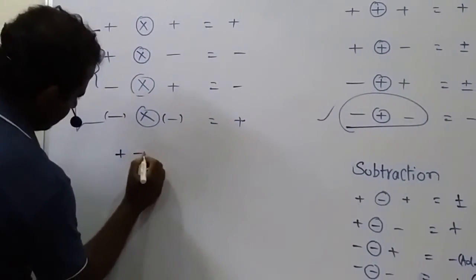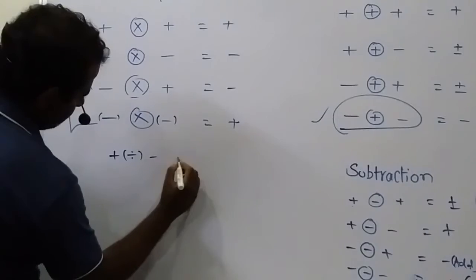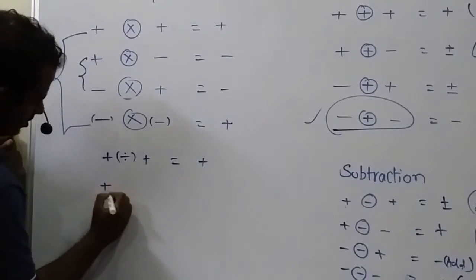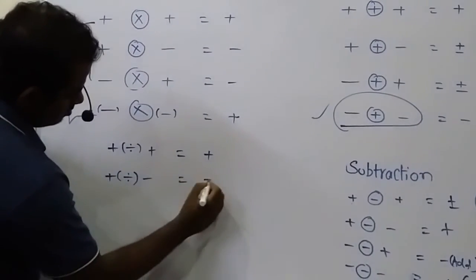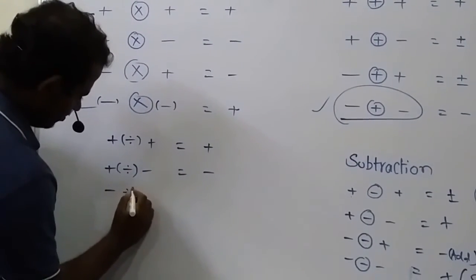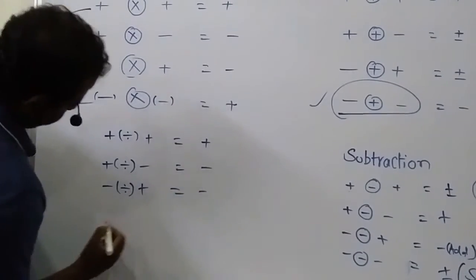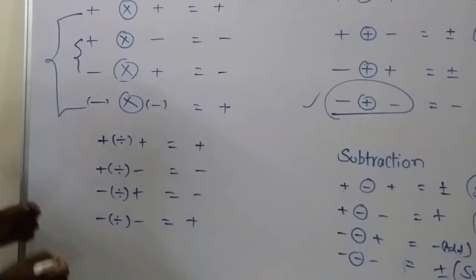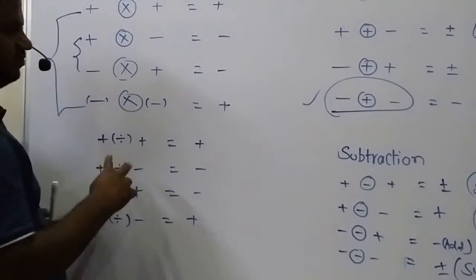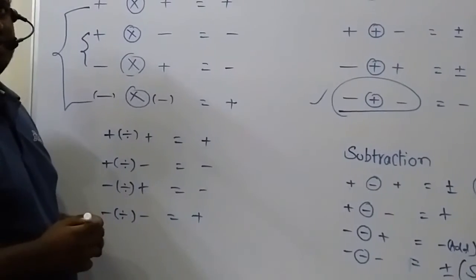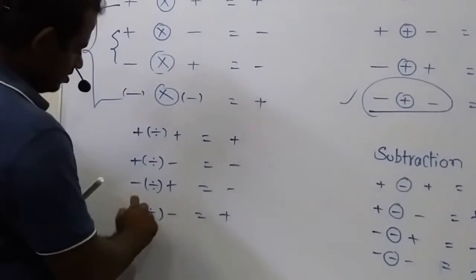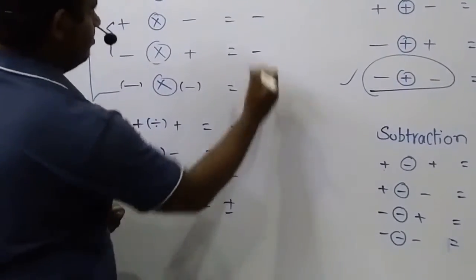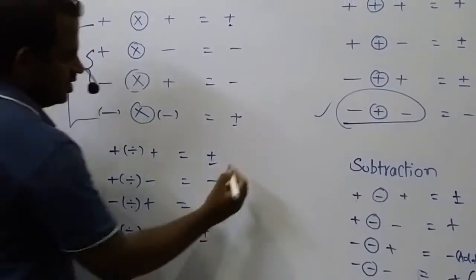If I divide a positive number with a negative number, what result will I get? Or positive with positive, I will get the positive result only. Same as multiplication. So when I am dividing two numbers, if both numbers have the same sign, either both positive or both negative, we will get the positive result only. Same as in multiplication.